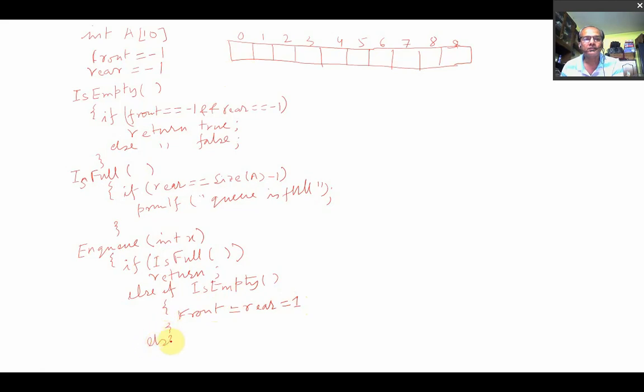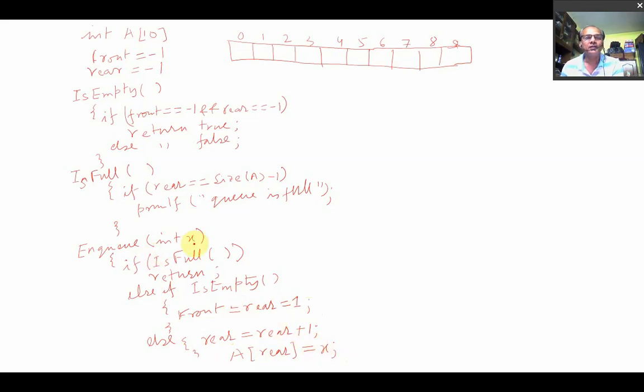Else, what will you do? Else rear will be rear plus 1. Is it clear? Rear plus 1, and then you write rear is equal to x, that item x will be inserted.